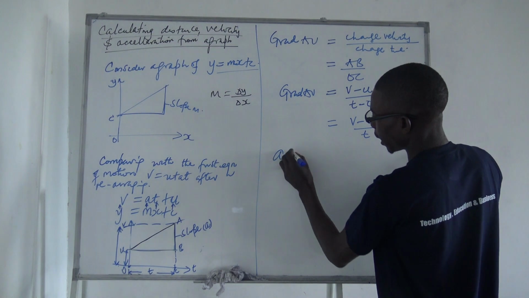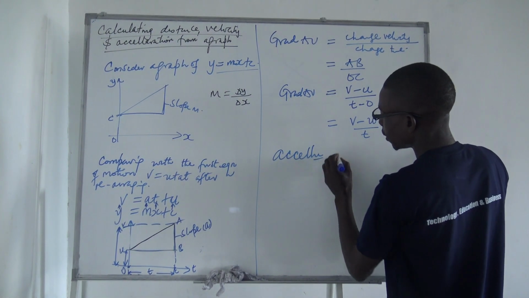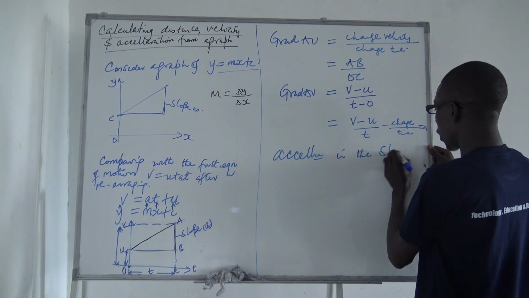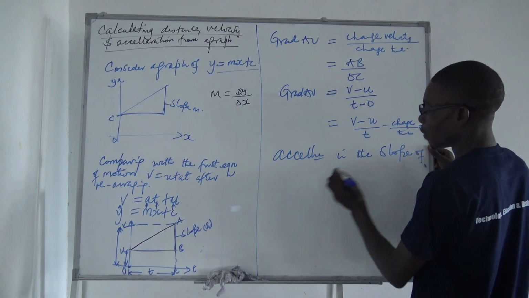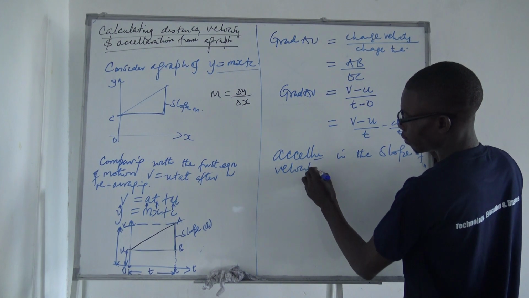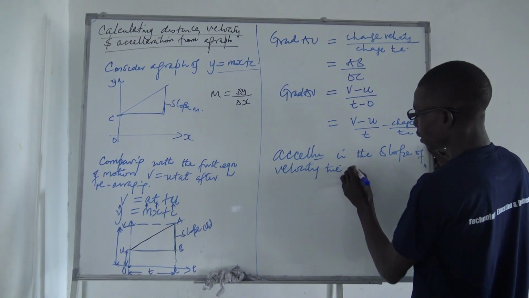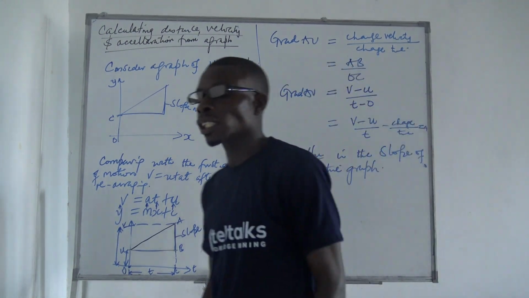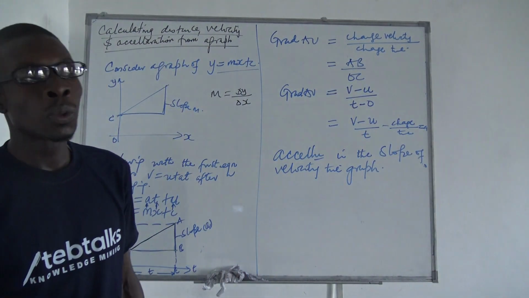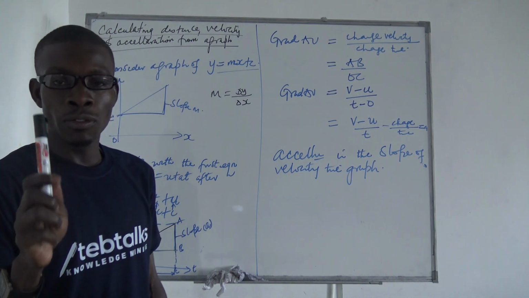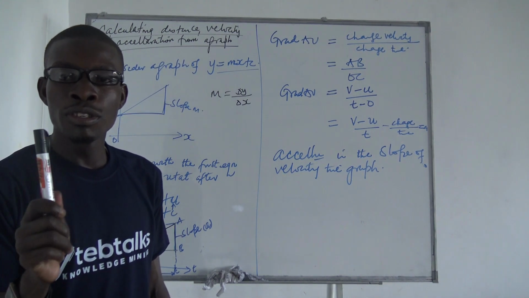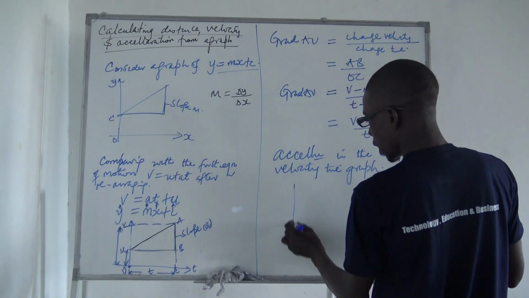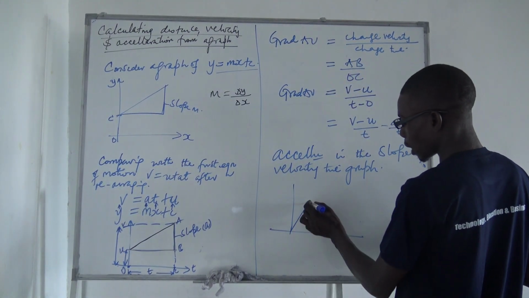That means that acceleration is the slope of the velocity-time graph. If you draw any velocity-time graph and you decide to calculate the gradient of every part of the graph, you will be looking at the acceleration. Like if I give you an example, if I have a graph which is like this,